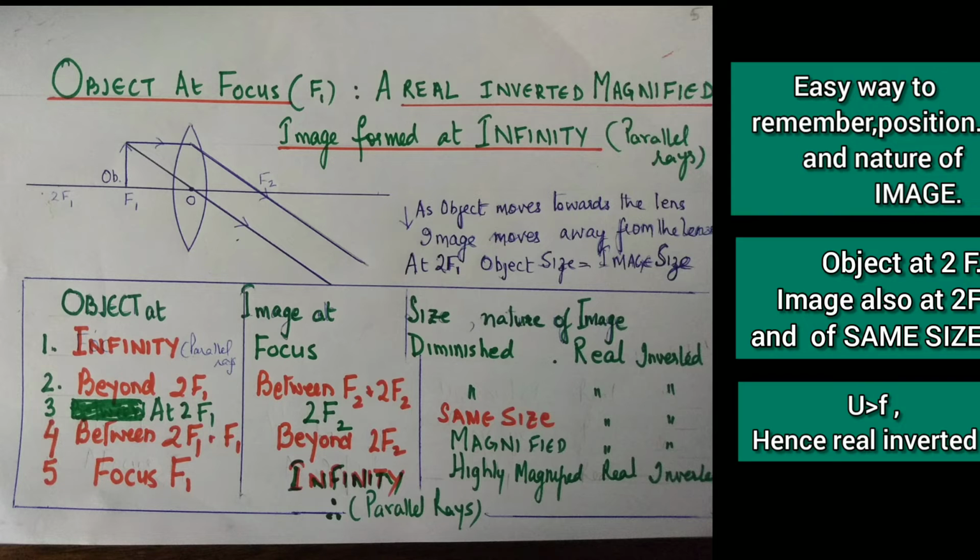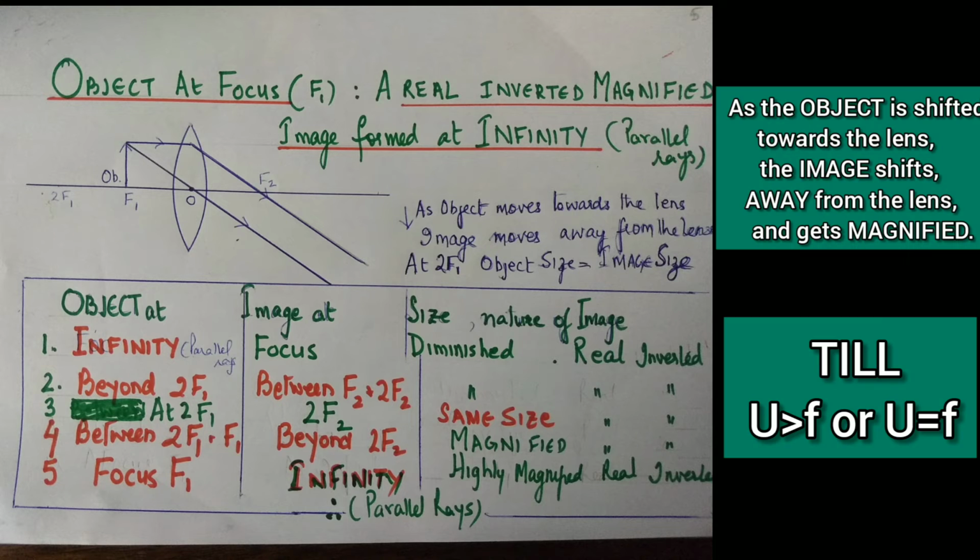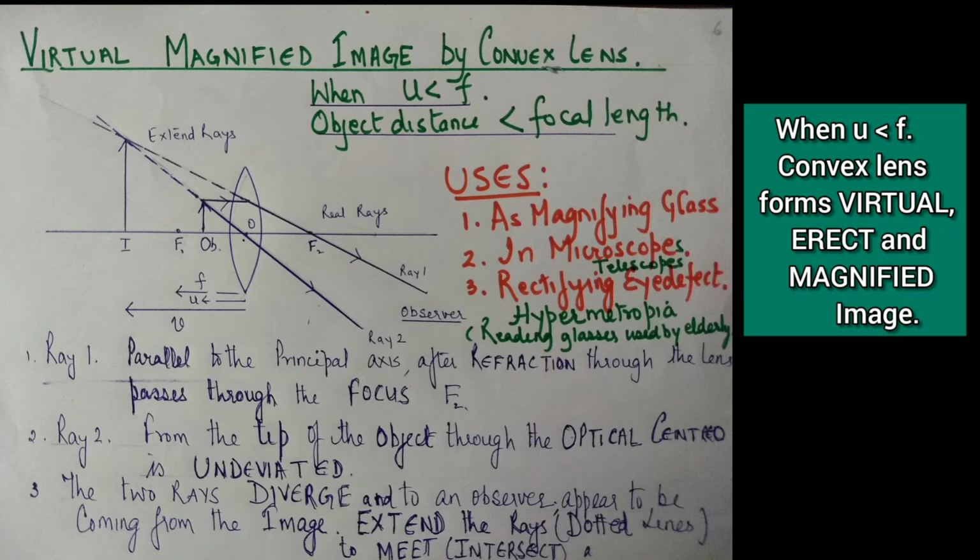Have a look at the table and you will be able to find out how the image moves when the object shifts. When the object is coming from infinity to the lens, the image is shifting from the lens to infinity. Important position: when the object is at 2f, the image is also at 2f on the other side. And when the object comes closer, the image will go beyond 2f and will become magnified. So learn all these positions and practice these diagrams. These are important for MCQs too. They may make the diagram incomplete and ask you to complete it.